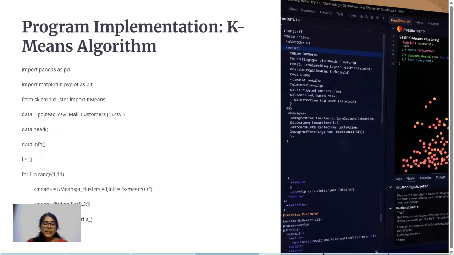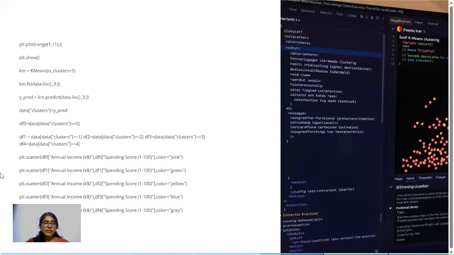So this error, every time, how much of an error I'm getting because of segregating into a given number of clusters, I'm going to store it in the L list. That's why I declared it as an empty list, because I want to store the error in it. Then after this, I'm going to plot a graph over the range 1 comma 11, which means on the x-axis I will have the range of values from 1 to 11, and on the y-axis I'll have the L list, whatever values I have in the list. And plt.show, so basically a graph will be plotted.